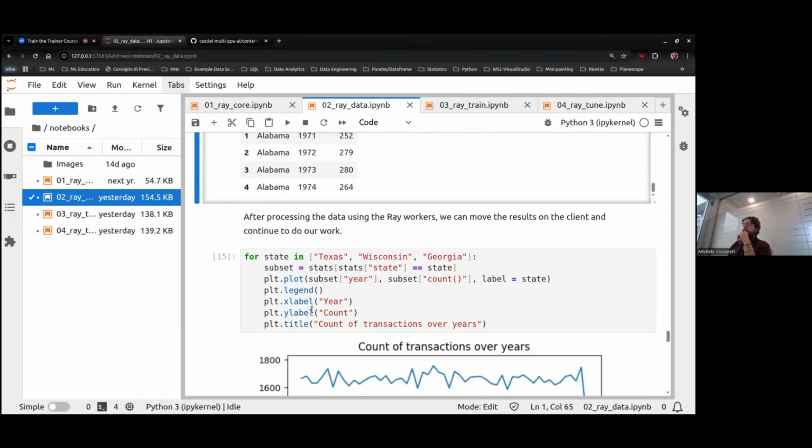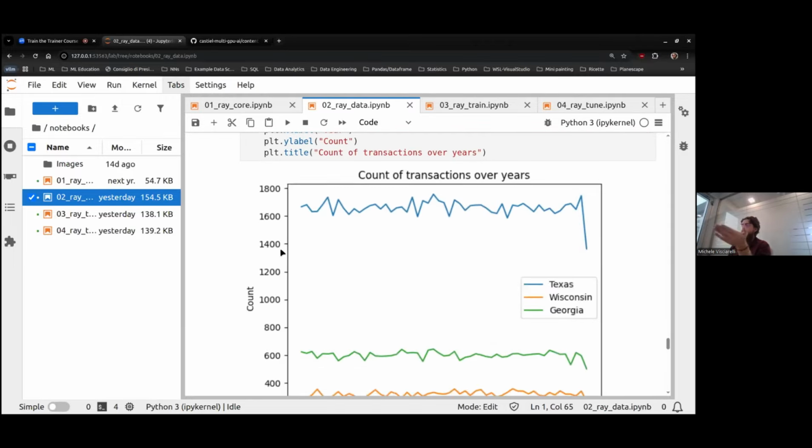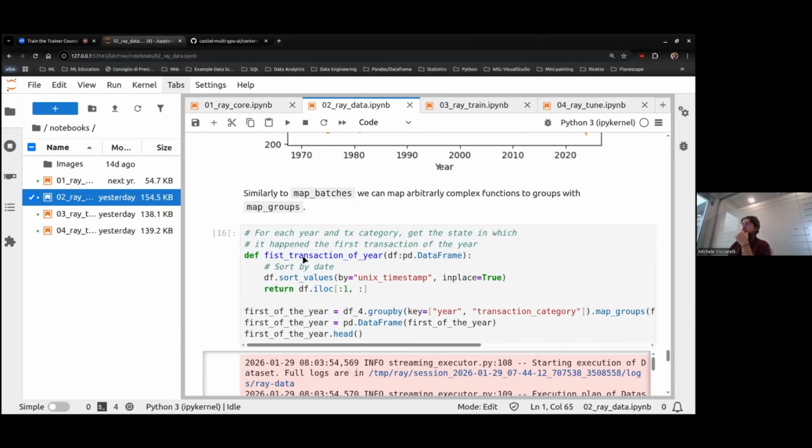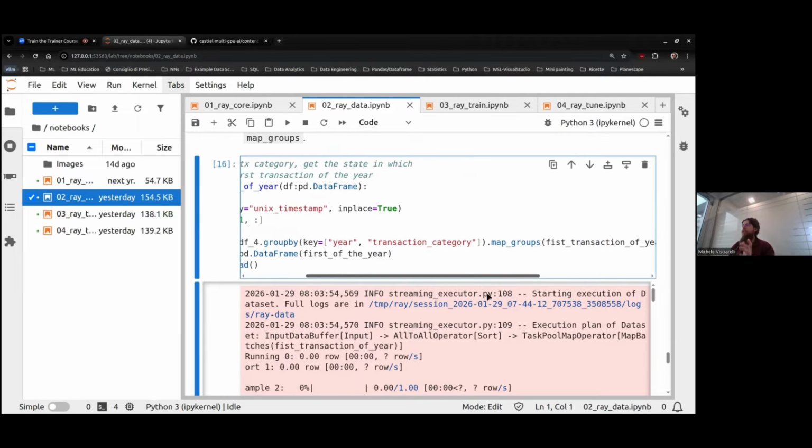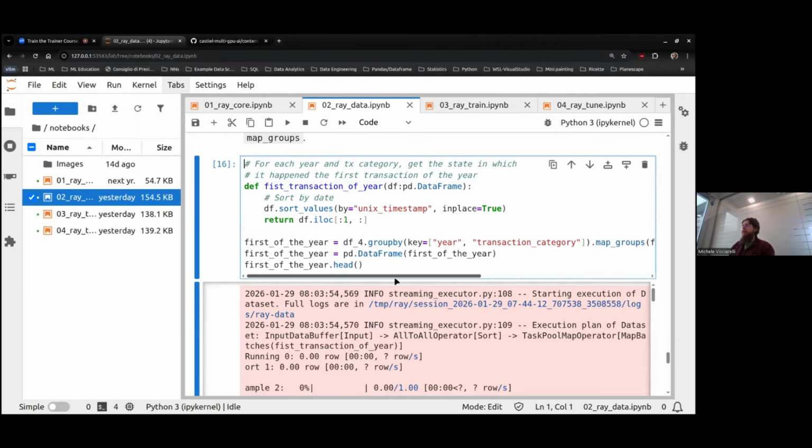But again, of course, then we can plot everything. Again, it's just an example, but then if we want to apply some kind of complex logic, the group by, a sort, so this moving stuff that is going around,